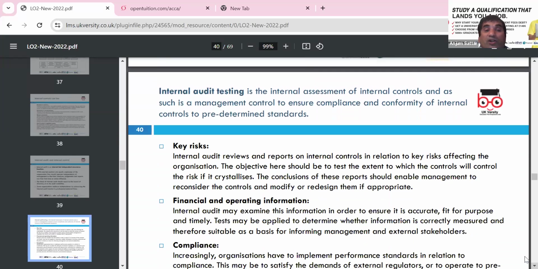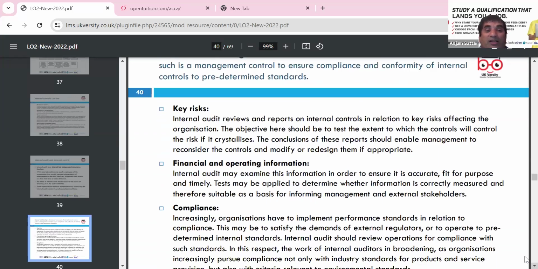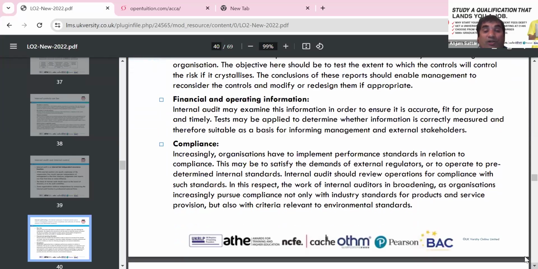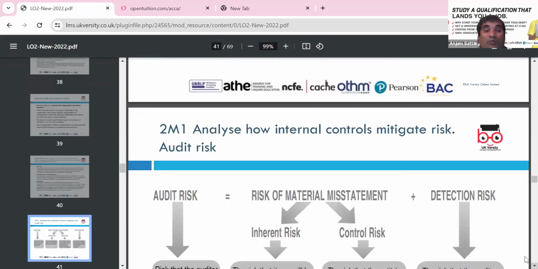Okay, in internal audit testing, we can look at different types of tests, like the control system and the key risks. We need to carry on evaluating those and try to eliminate them or put risk management in place. So reputation risk, financial risk, and inherent risk, and different types of foreign currency risk: do we have hedging in place, can we hedge against the foreign currency when we are dealing with financial and operating information? Compliance: we have to look that we comply with the rules and regulations.